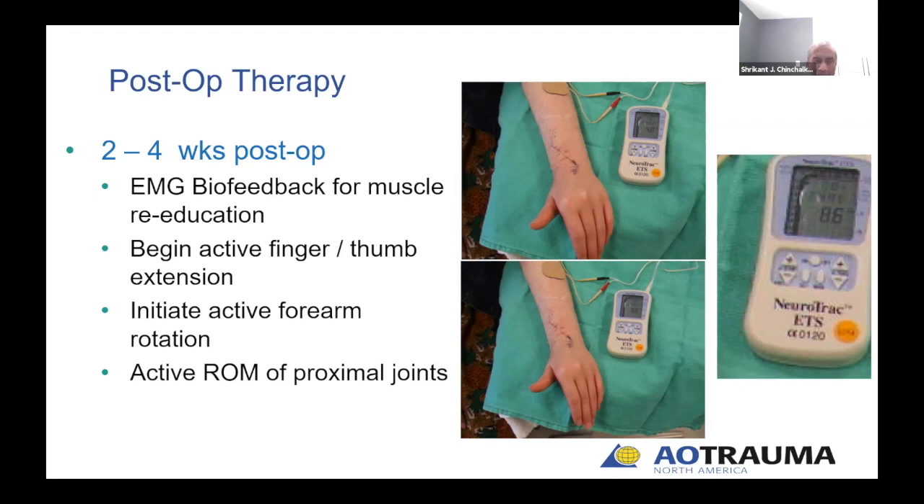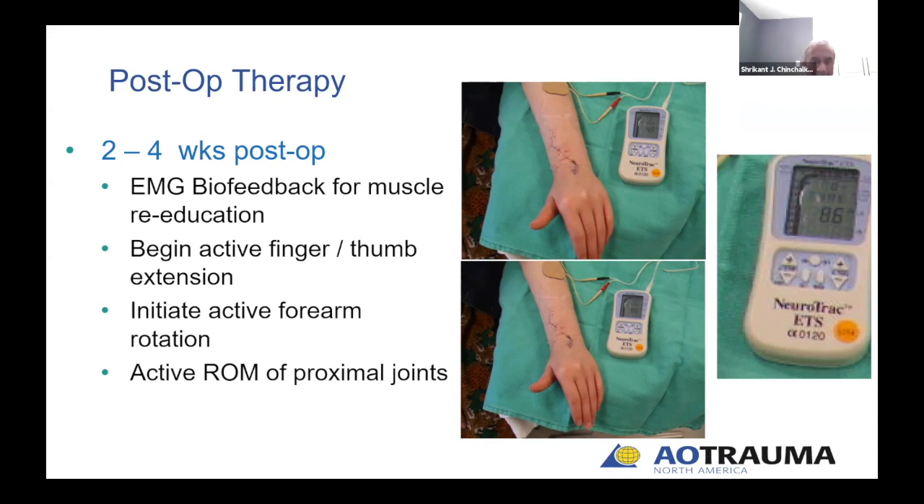So it's better to start forearm rotation so that we are minimizing any adaptive shortening of the muscle that is originating from the medial epicondyle. And at the same time, we want to restore the anatomical length of the volar radial ligament. It's important that we begin proximal joint range of motion exercises relatively early, because we don't want